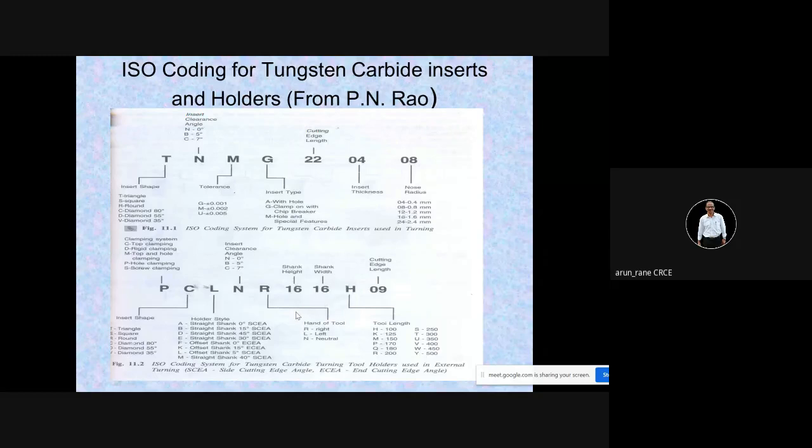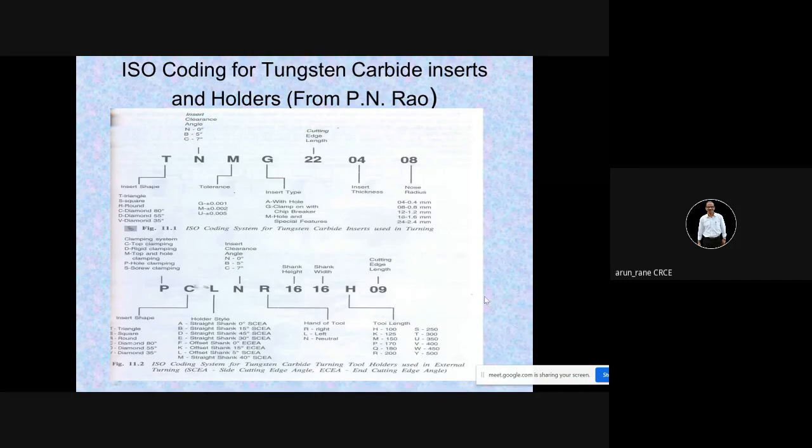But generally the holders are square in cross section. So even if you make a mistake, no problem. But if it is rectangular, then you have to be very careful, because first will be height or thickness, and the second will correspond to width. So while ordering, you should be very careful. This is similar to your grinding wheel specification, which we saw while we studied abrasives.